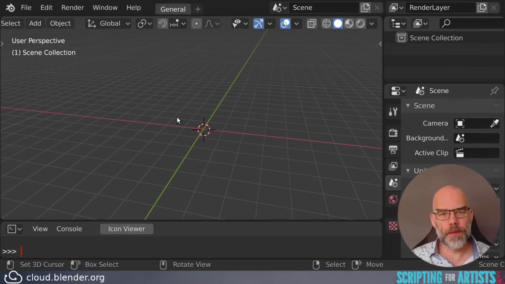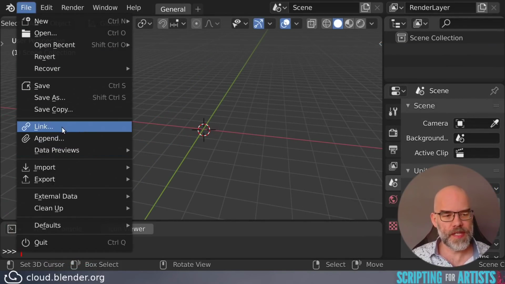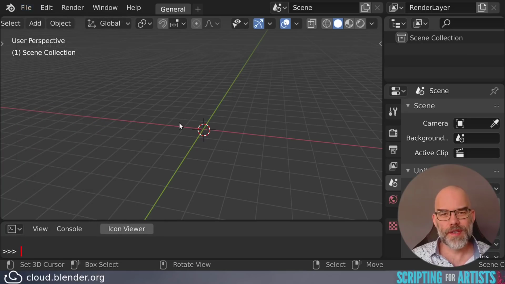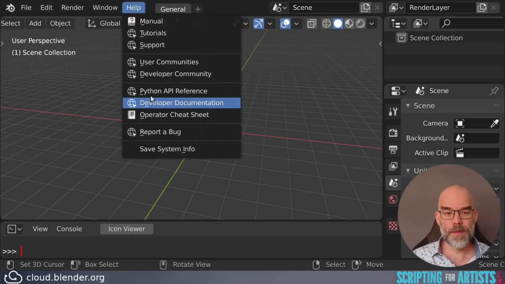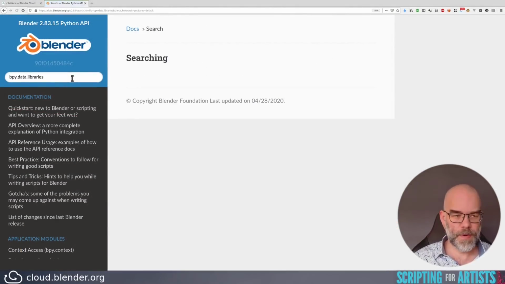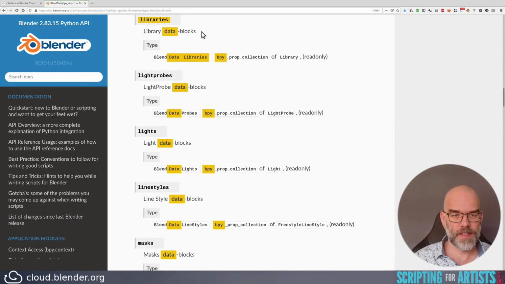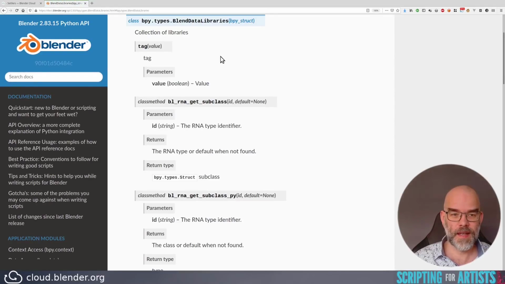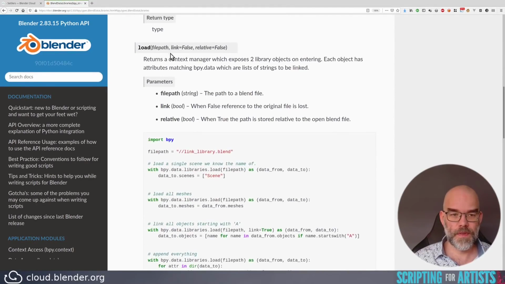Now, contrary to what we did before, we're not going to use this link operator. It's very hard to use from Python, and there is a much better way to do this. If you go to Help, Python API reference, and then search for bpy.data.libraries, you find it's a library data blocks of type bpy.data.libraries. Click on that, and here you will get to the load function. So this is what we're going to use,